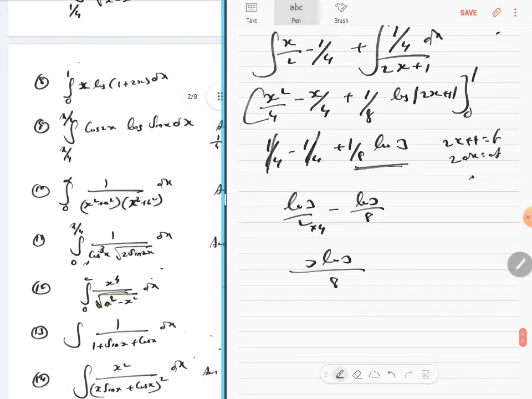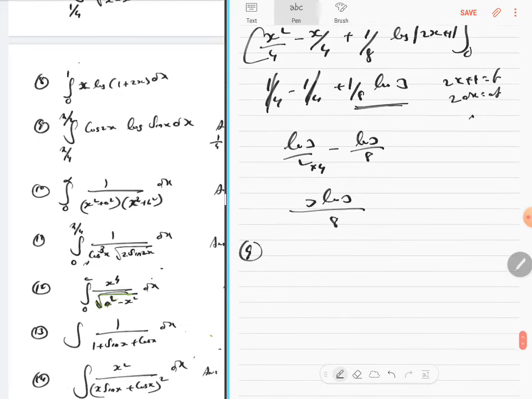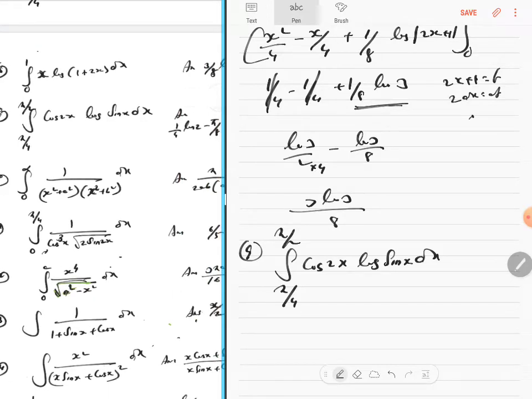So let's go to the next question, the 9th question. Integration of pi by 4 to pi by 2, cos 2x into log of sin x dx. Again, I would do it as integration by parts, or I'm just thinking if it was sin 2x, I would write it as 2 sin x cos x, then I can put t dt and all that, but it's cos 2x,